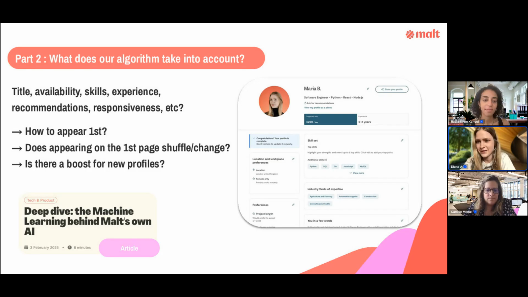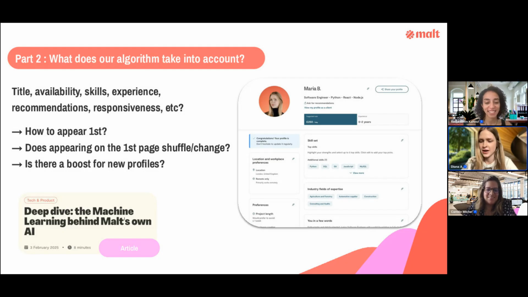So any activity that you can do on your profile definitely helps us to develop our algorithm, and just in general, as Camille said, for the matching magic to happen. Yeah, I think that's amazing. Indeed, it's all about engagement. So the idea is, even when you say no to a project, it means you're engaged versus saying nothing. So really make sure you say no. It's very well valued. Absolutely.